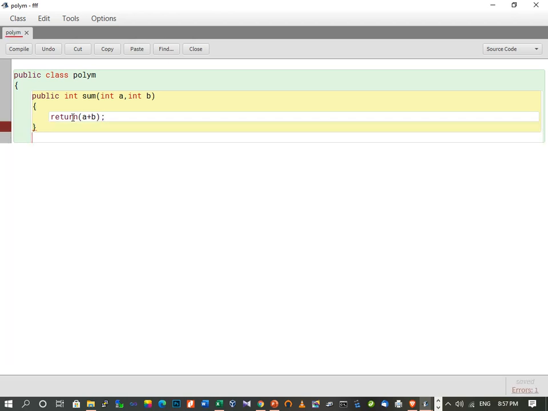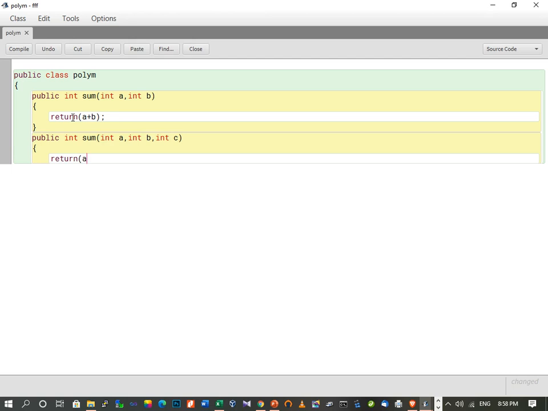Now again I'm going to make one more function with the same name, but with a different type of arguments, or a different signature. So public int sum, and here I'm providing three arguments: int a, int b, int c, and here we write return a plus b plus c.